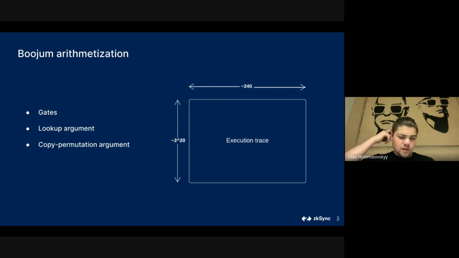And also there are different trade-offs between height and width of this table. We use something like 240 columns and 2 to the power 20 rows. How to choose those numbers is a kind of question, but actually you can use any number. The only requirement is that the number of rows should be a power of 2, to make your proofs efficient, because we want to use FFT to accelerate